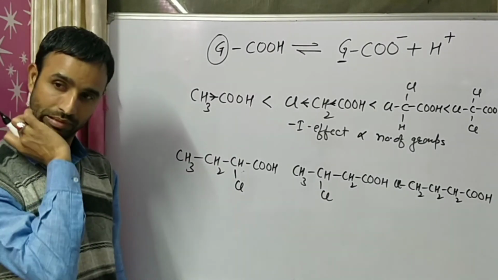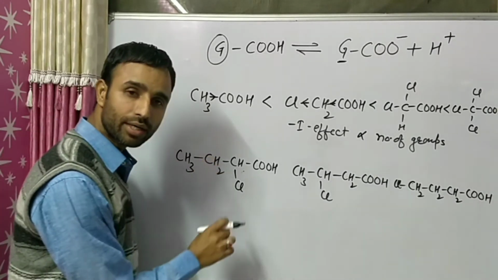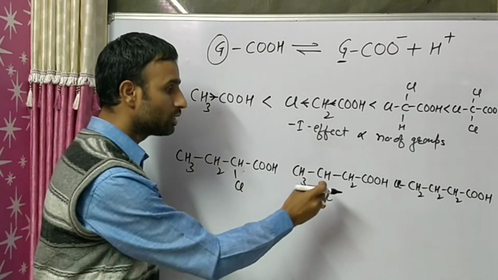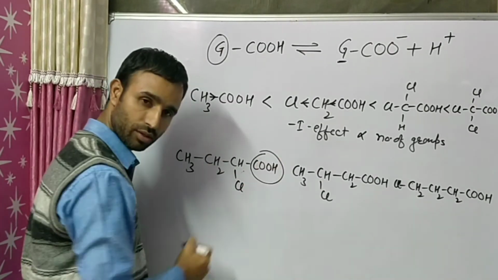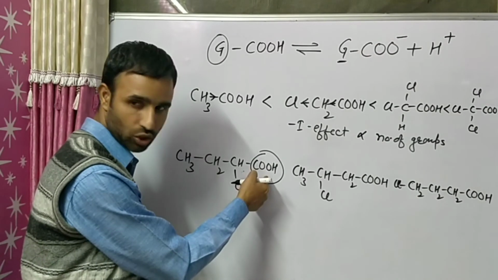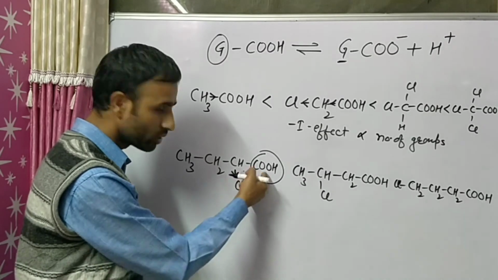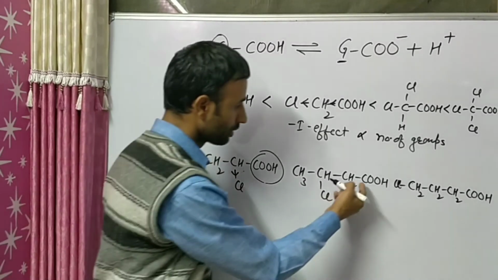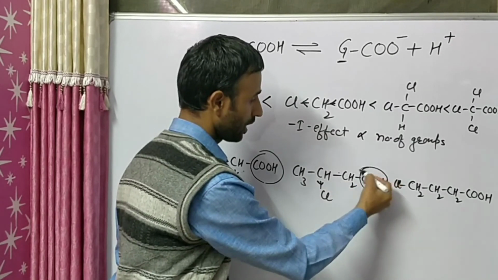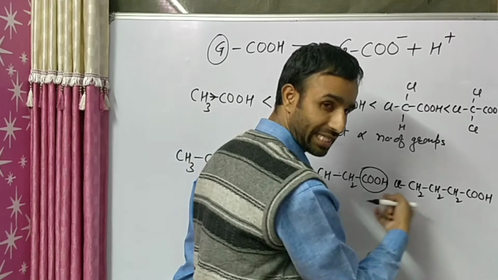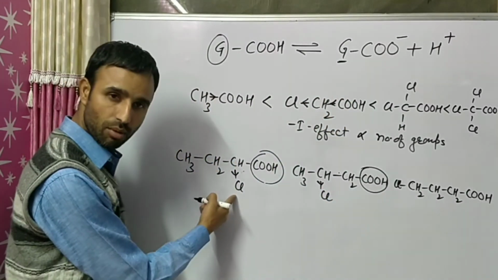Sir, 2-chlorobutanoic acid is. Why? Because of the distance. So the inductive effect decreases with distance. We are looking at the withdrawing effect of this group on the COOH group. In 2-chloro, chlorine is closest to COOH. In this case, chlorine is farther from COOH. And in the last case, chlorine is farthest. Right? So the minus I effect is maximum in 2-chloro,